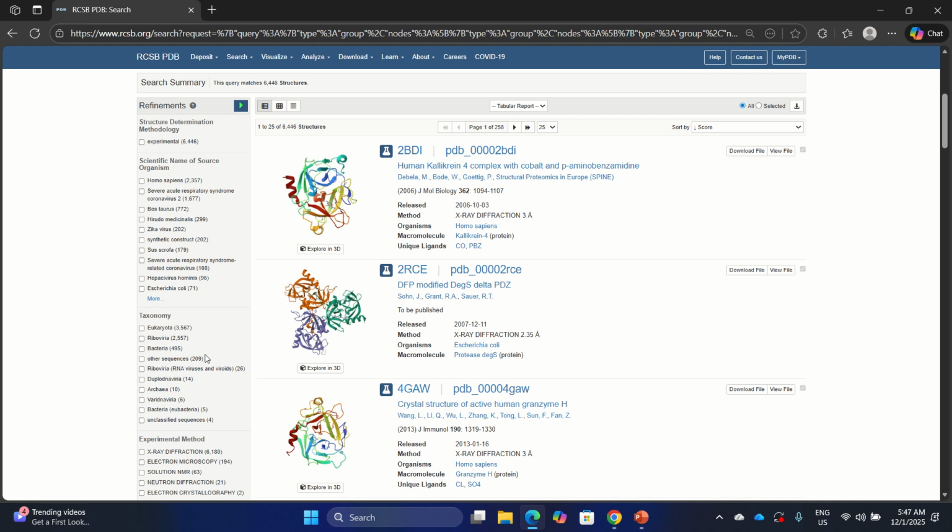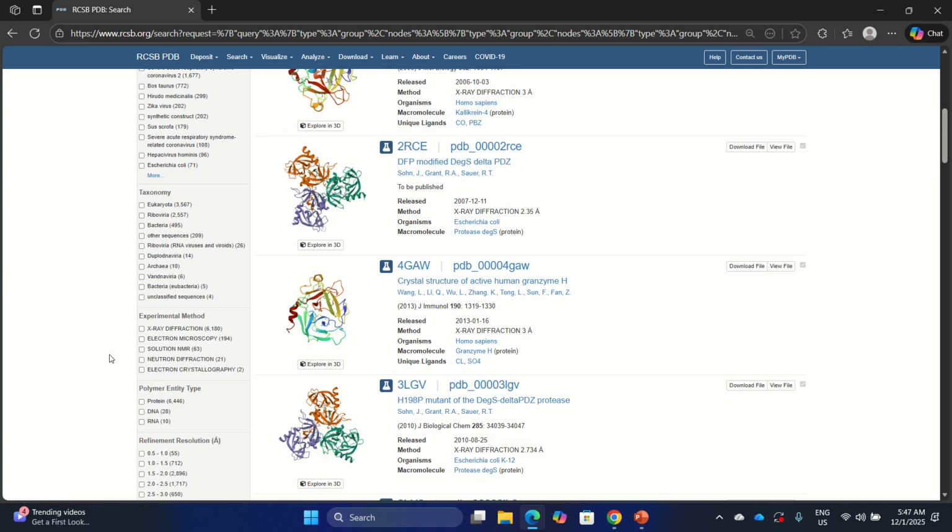Here we have 3,567 structures coming from Eukaryota, 2,557 coming from Riboviria, etc. The experimental methods are also here. We have 6,180 structures determined using X-ray diffraction, 194 structures using electron microscopy, 63 using solution NMR, and so on.